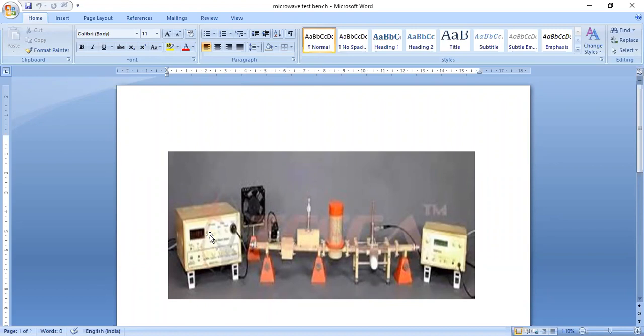We have frequency measurement in two types. Direct frequency measurement is there. In direct frequency measurement, this is the frequency meter. In the frequency meter, we have two rings. I'll draw this one. How it looks like this: we have two rings like this and one vertical line will be there.